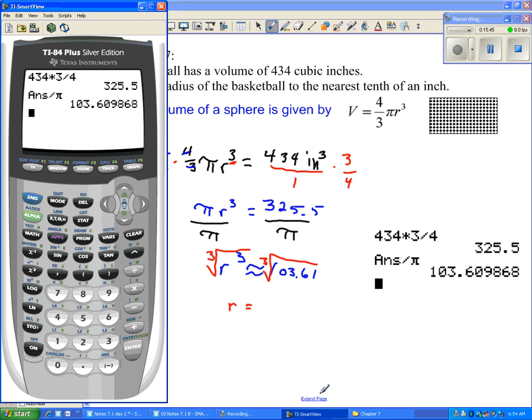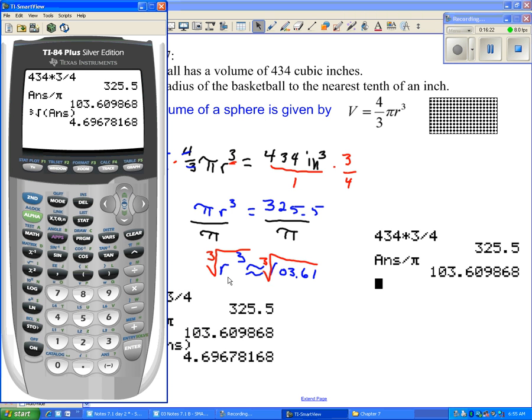So I'm going to go back to my calculator, and I'm not going to type in 103.61. I'm going to go to the math button. I want the cube root, so I hit number 4. And I want the cube root of my previous answer, so I don't have any extra round off error. Previous answer is down here where it says, in blue, A and S. So I'm going to hit second negative to bring up my previous answer. You can close the parentheses, but you don't have to. I hit enter, and my radius is